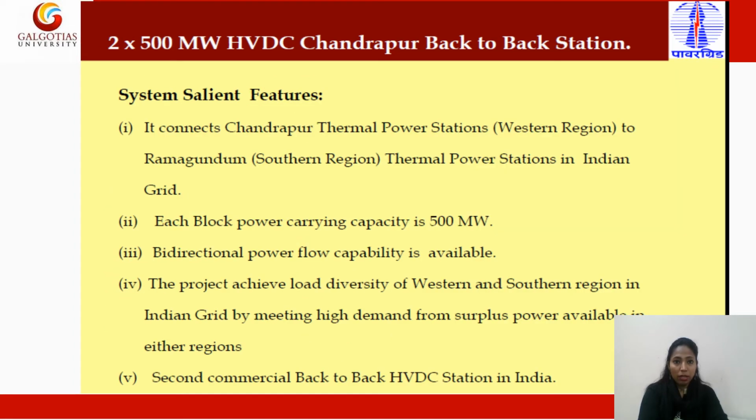Now see the features of this project. It connects Chandrapur thermal power station in the western region to the southern region thermal power station in the India grid. Each block's power carrying capacity is 500 megawatt, and bidirectional power flow capability is also available. The project achieved load diversity of the western and southern regions in the India grid by meeting high demand from surplus power available in either region. Then the second commercial back-to-back HVDC station is called